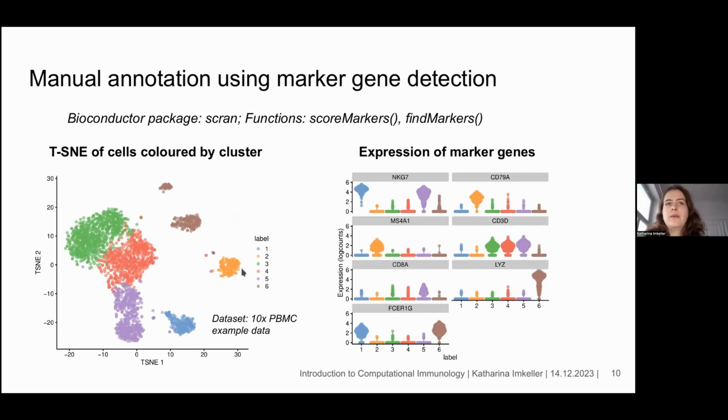These ones here are probably B cells, and you see that there's already a certain pattern and it's not so difficult to interpret. However, if you have very large data sets with multiple donors and maybe also from more complex tissue, and you also want to go into detail about the annotation,